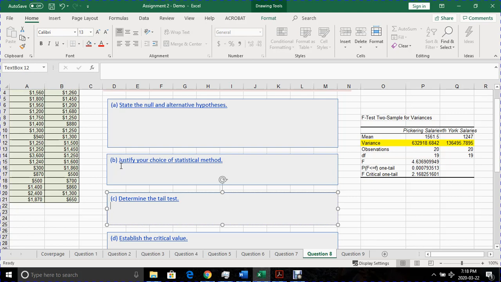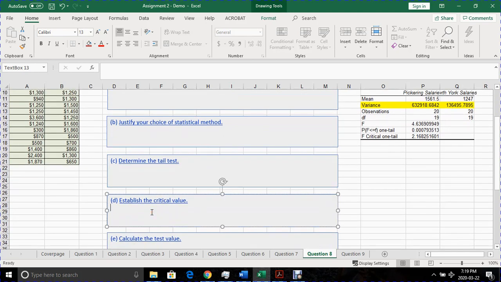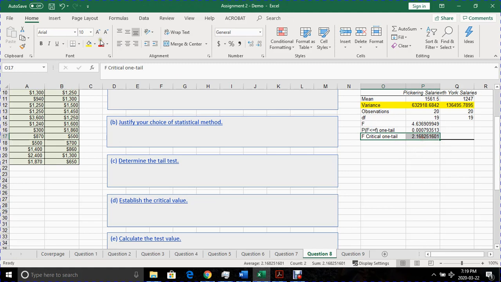In that regard, we just choose one tail to the right because this is the F-test. Establish the critical value. The critical value here is given as 2.16,